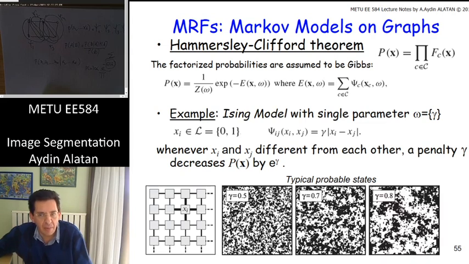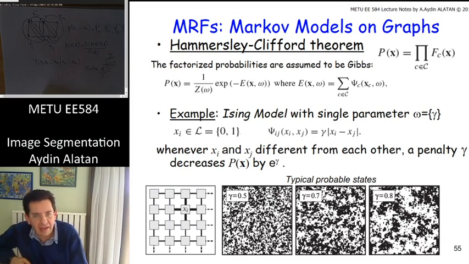2 or 3 examples. When your gamma is 0.5, when your gamma is 0.7, when your gamma is 0.8. What do we see here? When your gamma, when your penalty is small, the pixels are free to change from their neighbors. They could have a little black here, all the neighbors are white. You don't care about it too much. But as soon as your gamma is increasing, which means any neighboring value different from each other will hurt you